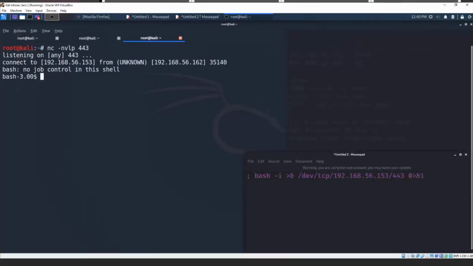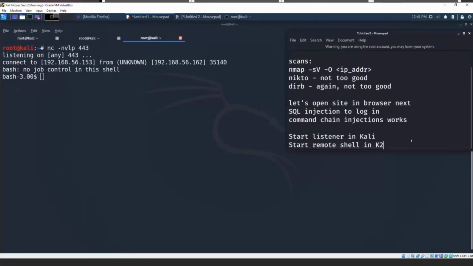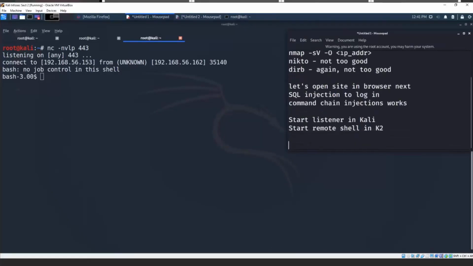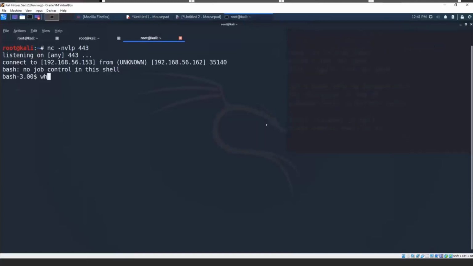Okay? I no longer need that command injection. I can minimize or get rid of that. And this is, again, what we are working on. Okay? As always, first things first, who am I? I am Apache. We saw this before, so we're not surprised. Now, our initial scan